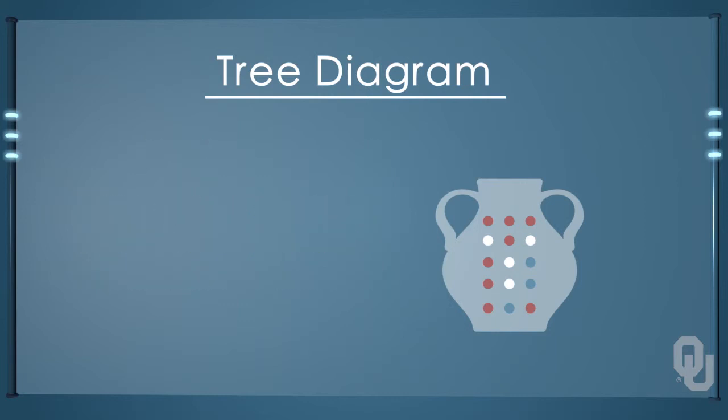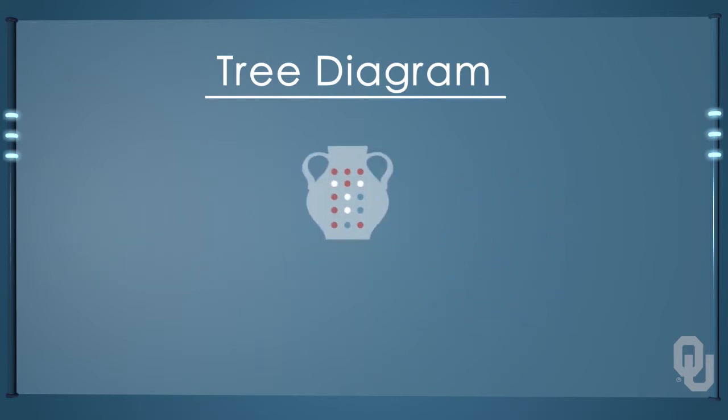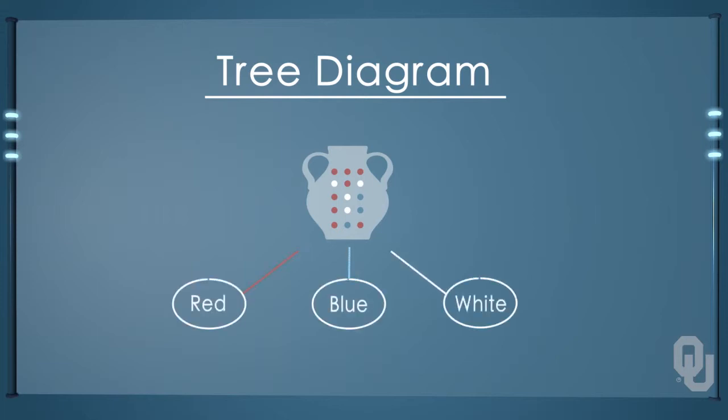The tree diagram begins with the urn that contains the marbles. We know how many of each color. This is still probability. The first branch of the tree, okay, so it's an upside down tree. Maybe you want to call it a root diagram. Anyway, so the first branches of the tree are for all possible outcomes of the first draw, either red or blue or white. On the branches, we put the probability of each event. 8/15ths for red, 3/15ths for blue, 4/15ths for white.